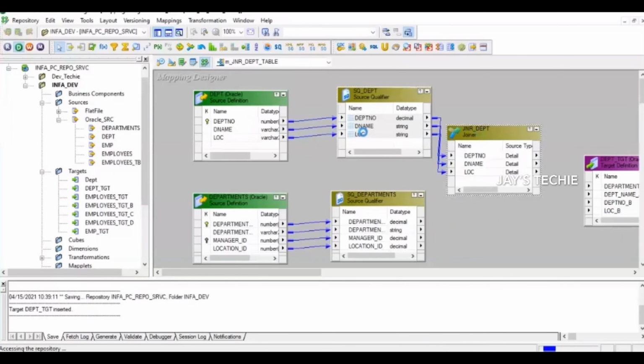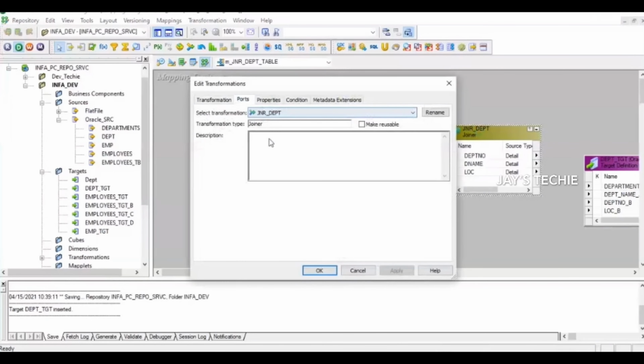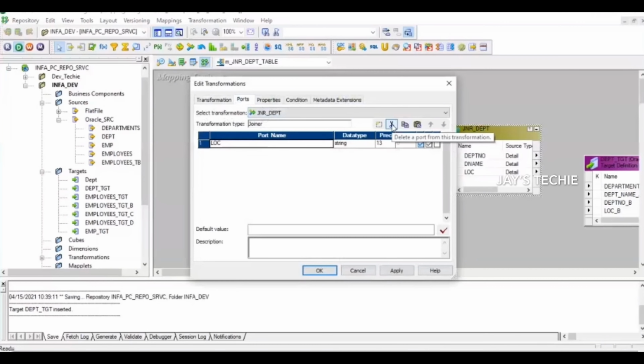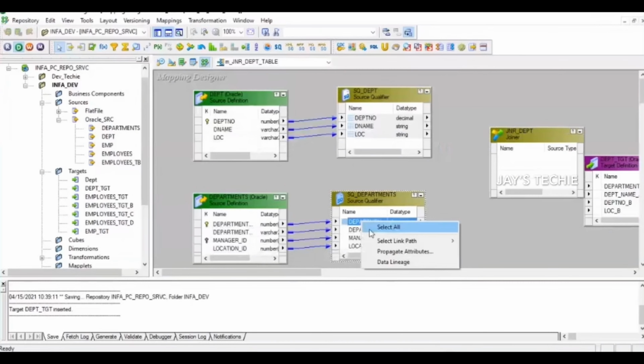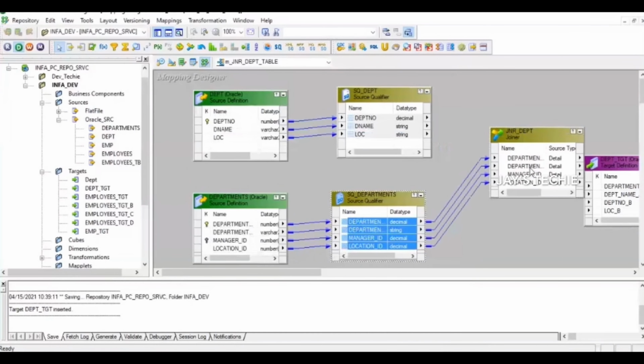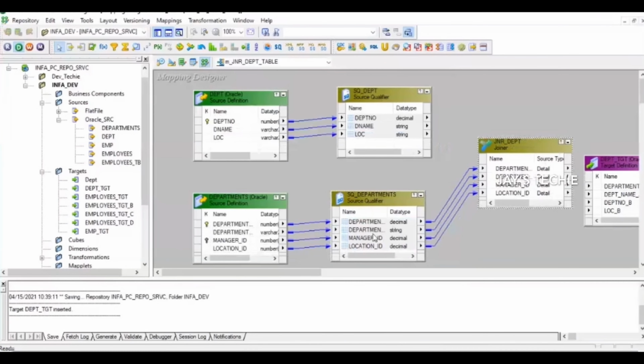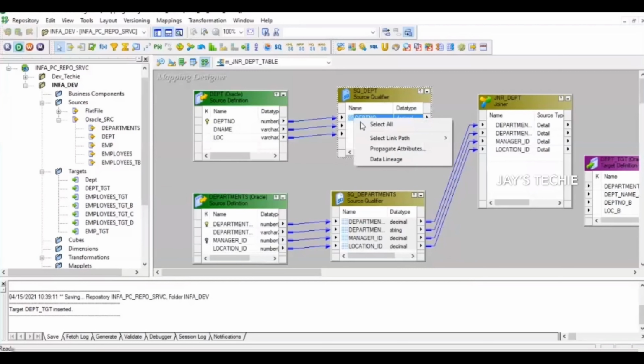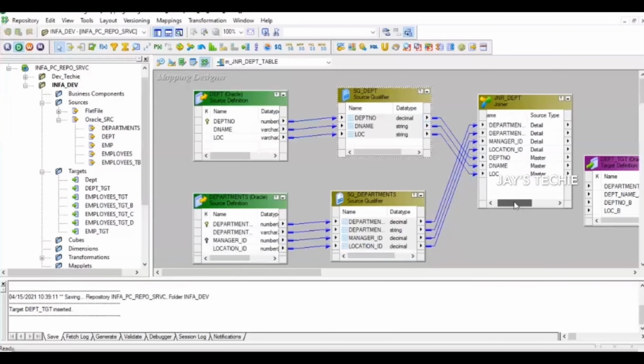Let me remove the ports. You can also remove the ports like this. Click apply. Yes. Okay, and then disconnect. Let's try pulling it from here and see what it's showing. When I pull in columns from whichever table is pulled in first, that becomes the detail, and the data that you pull in the second time becomes the master. This is one of the important things you need to understand. Vice versa, if I had pulled this one first, it would have become detail and this would have become master. So now you know the DPT table becomes the master table and this becomes the detail table. Based on that, results will change.